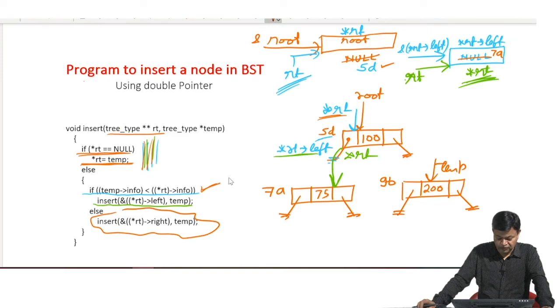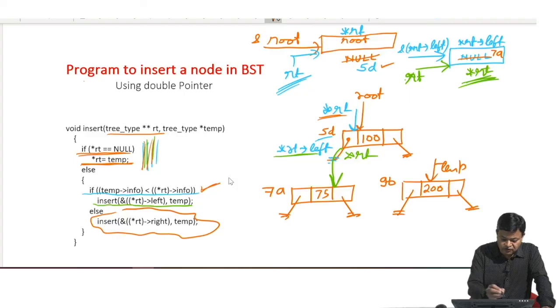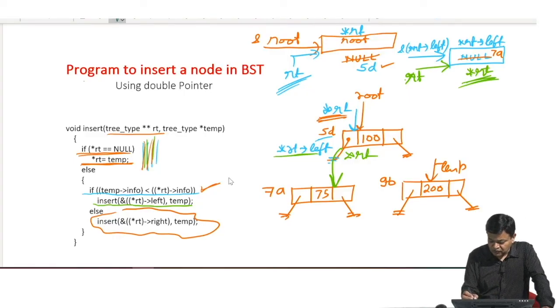So, now from the first insert function I am calling the second insert function with the address of the first insert function's *rt->right, which is equal to null.